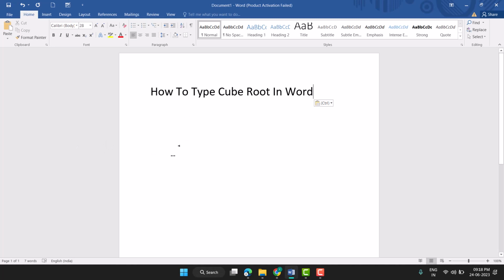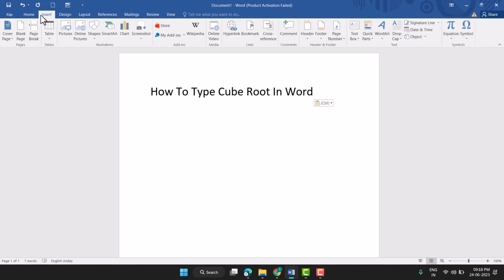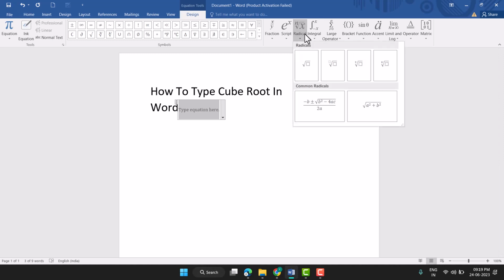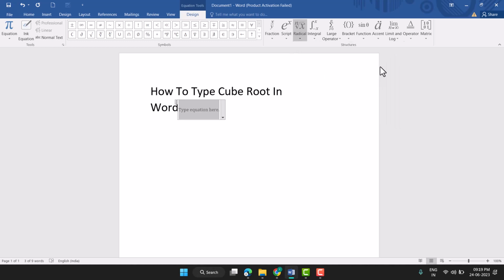Firstly you need to click on insert. Now you need to click on equation. And here you see this option, Radicals, so just click on it, and now you see this last option, so just click on it